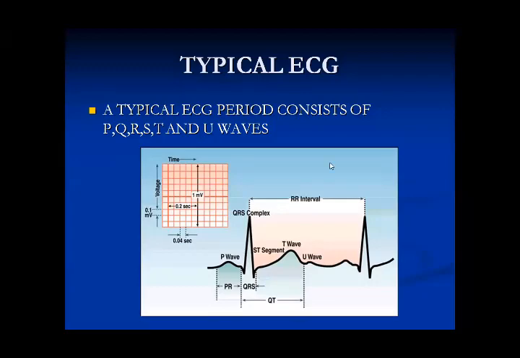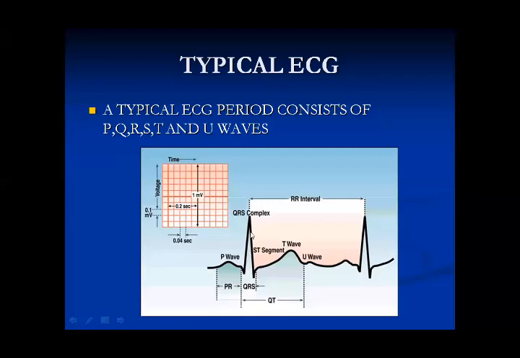This is the ECG paper, the red one. On the x-axis, it shows time in seconds, and on the y-axis, it gives voltage in millivolts. To measure the heart rate, we need to understand the gradations. These lines are the gradations on the x-axis.